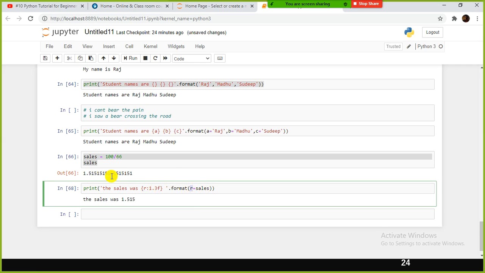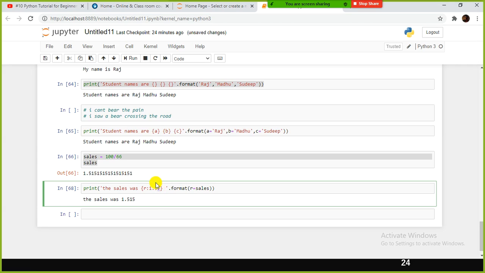Again, I don't want to print the entire value, so formatting followed by the variable, specify the colon and 1.3f. So 1.3f is 3 decimal places, right? Precision, you can specify the precision. Likewise, you can do it.